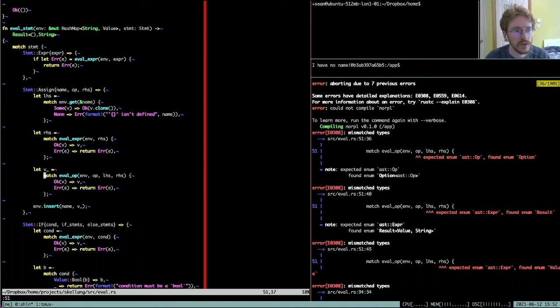Line 51 in eval. Expected an operation but found an option. So that is, yeah. So all of this is only happening if an operation is provided. Otherwise,